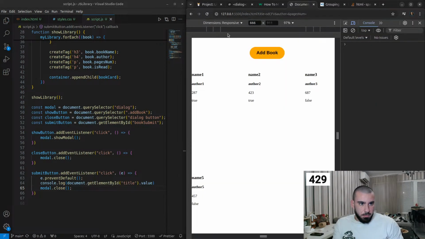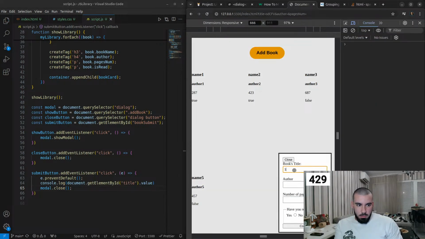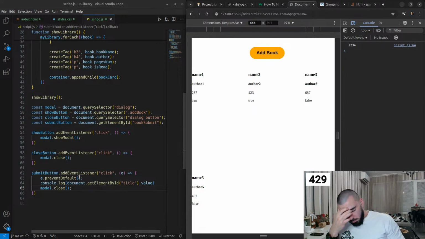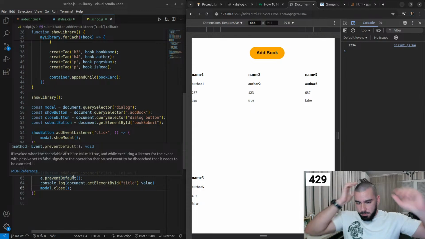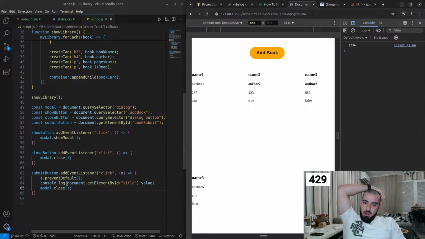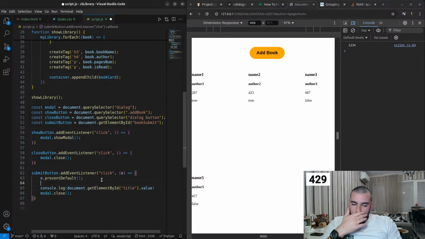So let's see if that will work now. 1 2 3 4 confirm. Yeah, we get it in the console and it's now closed. Now we can make a book and put it into our library, but it will be a bit ugly if we did that in the constructors. So